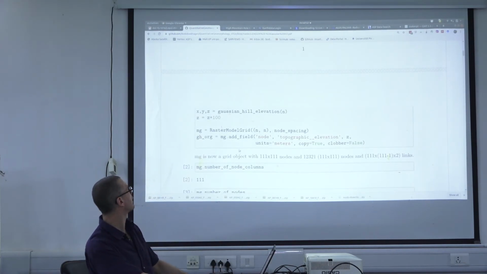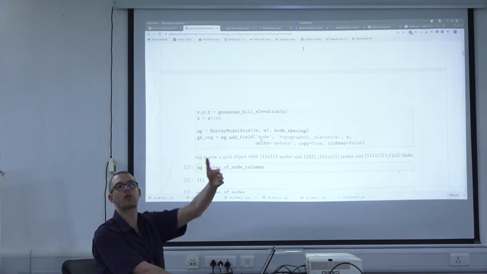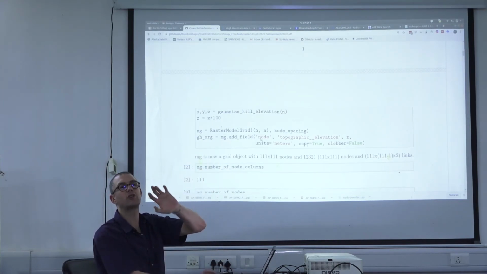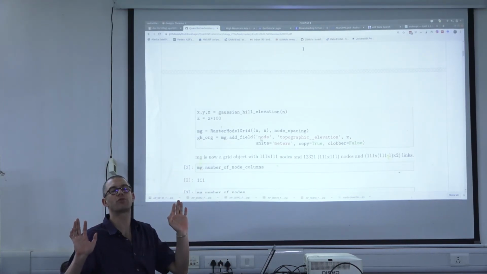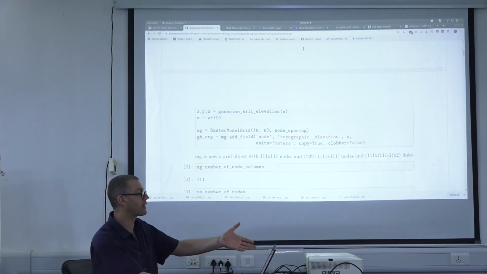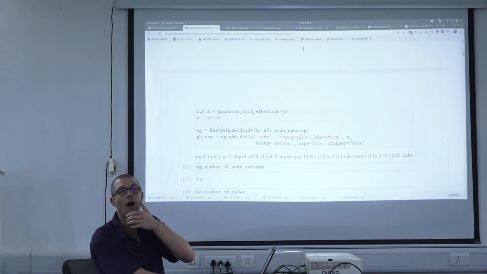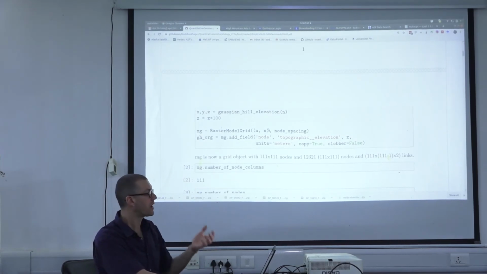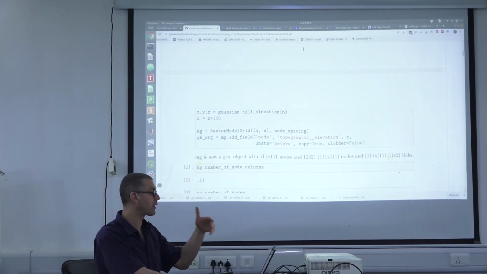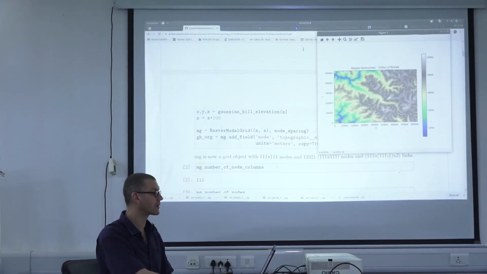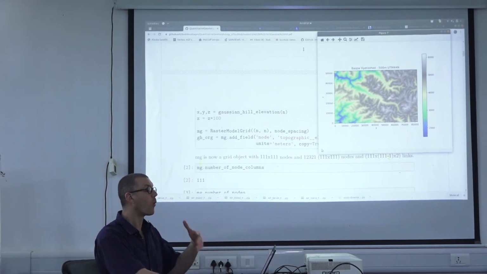So this would be the command where you then add the raster topography as a field. Instead of loading in a GeoTIFF, you can use any array that you produce. You can make the array the same size as your output DEM, and then you could see how it evolves. So for that particular example, for the Sutlej or the Baspa Valley here,